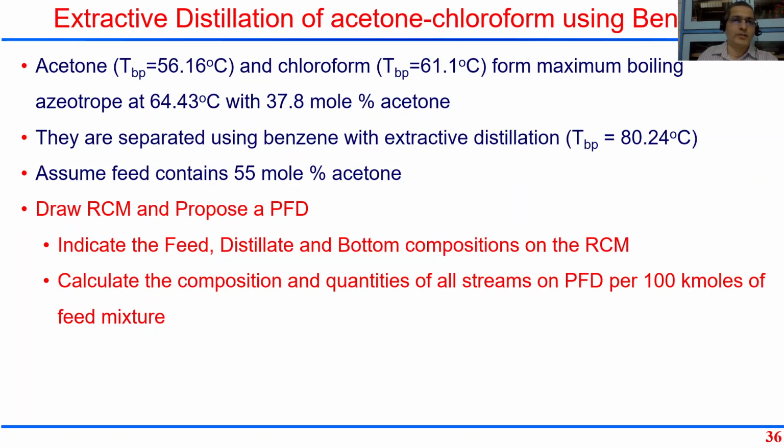Let's take one more case. Okay, extractive distillation of acetone and chloroform. Acetone boiling point 56.1, chloroform 61. They form a maximum boiling azeotrope at 64. We add benzene, which has a boiling point of 80. So benzene is heavier than the two components, therefore it is a heavy entrainer,